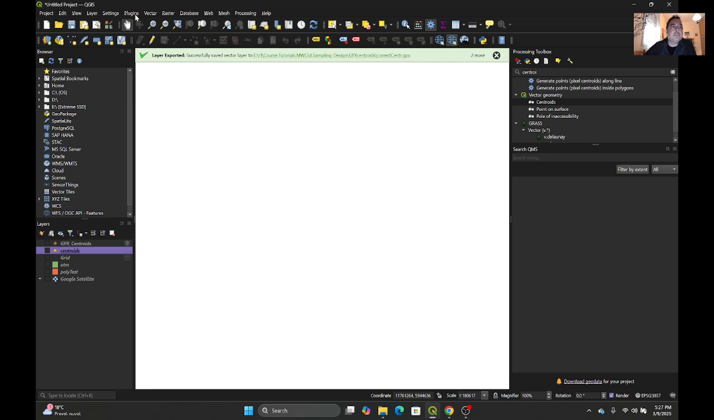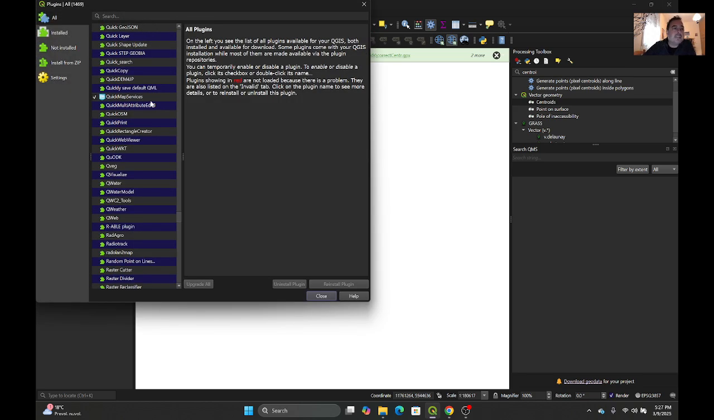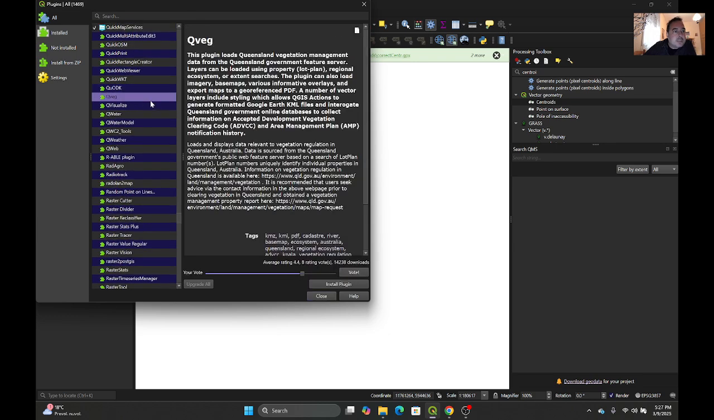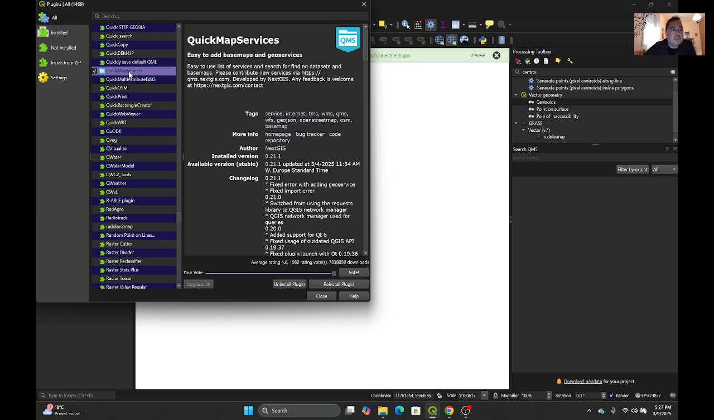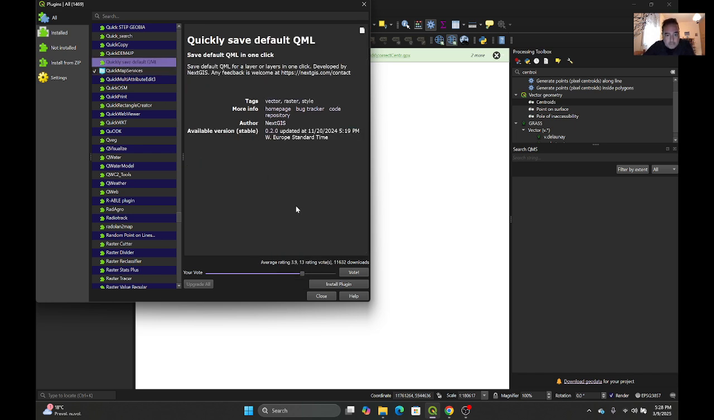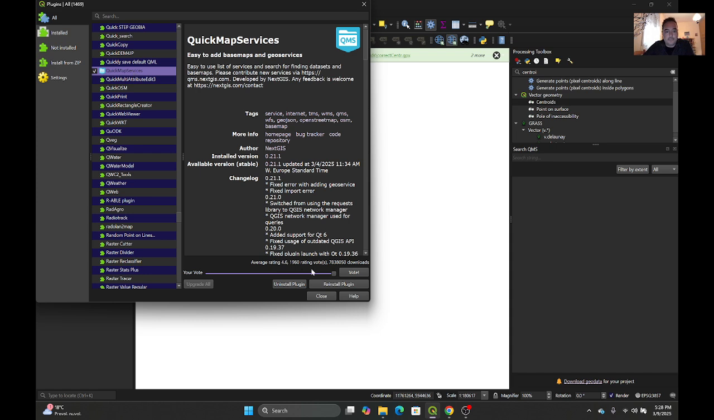Go to Plugins, and then go to Manage and Install Plugins. Click once and search for this QuickMapServices. I already installed it, so you will see install, and you install it. Do a click, and then I see another one that says install plugin. In my case, I already installed it, so I can reinstall or remove it. So you have to press install. Once installed,